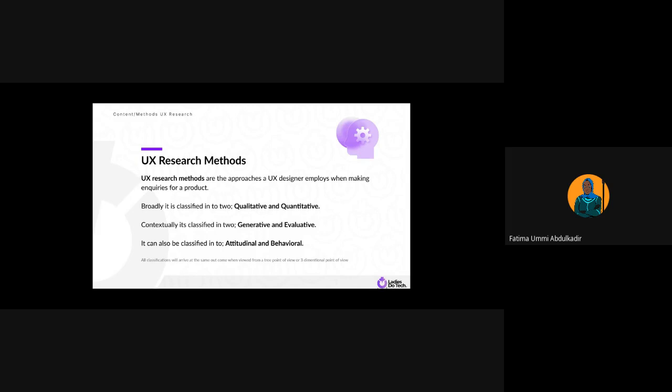I'll explain that later. So for qualitative research methods, I believe you understand what that entails. It has to do with the behaviors, which is bringing us down to the attitudinal and behavioral rather. It's bringing us down there because qualitative has to do with things you can't measure, things that have to do with how persons feel, what they are doing, like you having a discussion with somebody, that's you getting qualitative data from that person. Whereas if you push out things that you want to get clicks or numbers from, like surveys, that's you doing quantitative research.